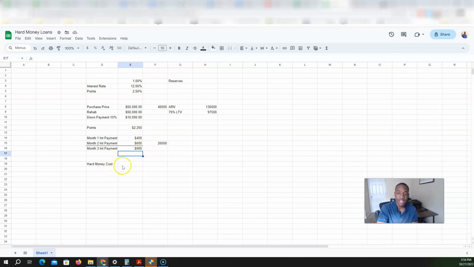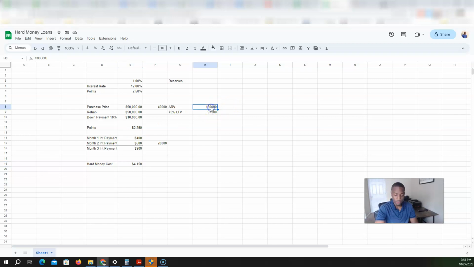And so if we calculate hard money costs, what we can do is take the sum of this, right? Take that, equal that, and then I'm going to add these points. And so your total hard money cost for this loan within 3 months is around $4,150, right? That's just the cost of doing business, right? And so